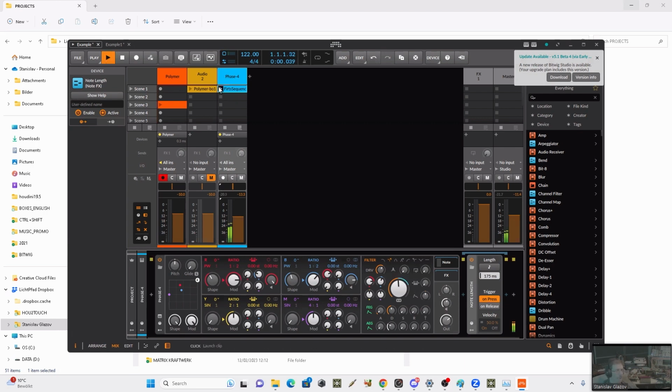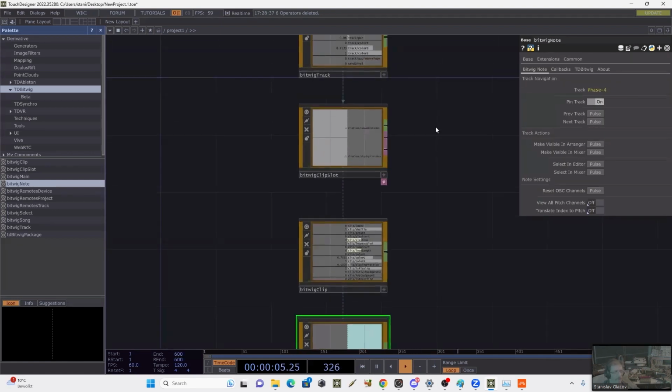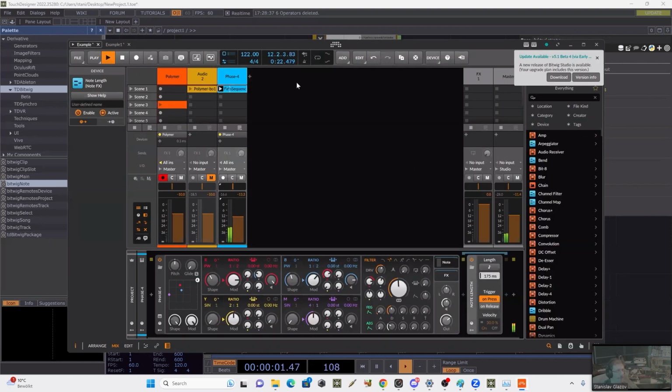So let's try to go now and see what is coming to TouchDesigner. It's still very buggy, so it does not always work. So in that case, I would say it's better either to use separated notes to send to TouchDesigner,